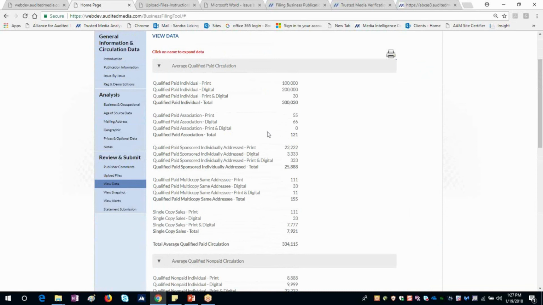Everyone will go through the same proof process where you're going to be getting an email and not a PDF, but it'll direct you back to the Publisher Filing Center, go into view data, and then if you agree with everything, just say, yes, I approve, and then your information will be released into our database within 24 hours. The PDF document will be available in 3 to 5 business days. For those with a CMR, you're going to get another email once your data has been released into our database, with the actual CMR PDF.